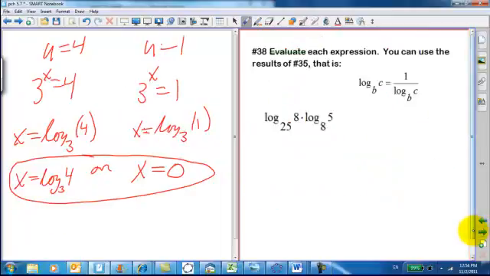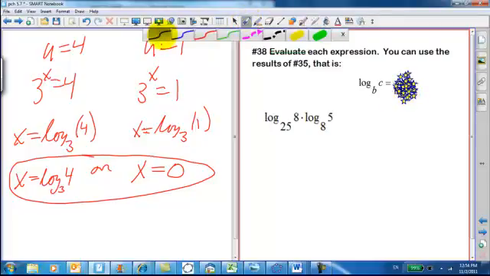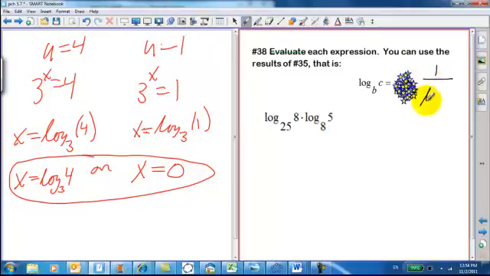Now evaluate each expression. You can use the results of 35. That is the log base b of c equals 1 over the log base c of b. And, oh dear, I forgot to change this. This should be log base, excuse me, equals 1 over the log base c of b. Got that fixed. Okay. So when we do this, we can try and get these both into log base 8s,